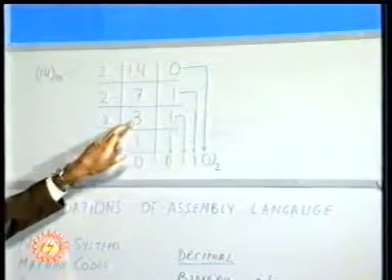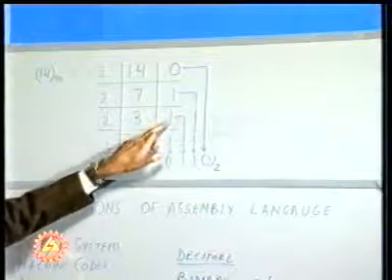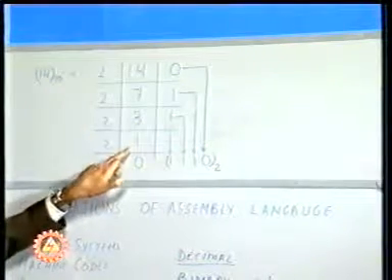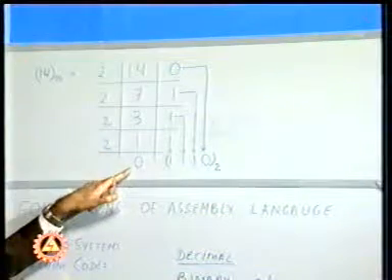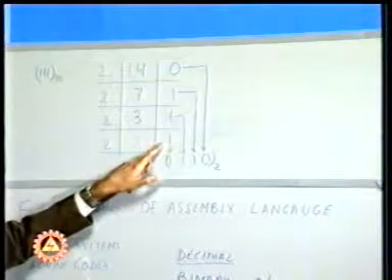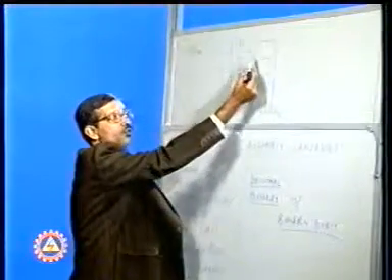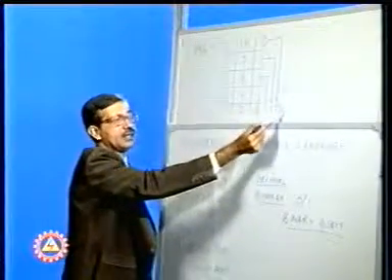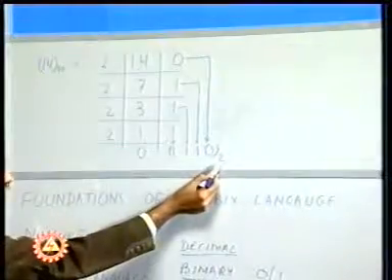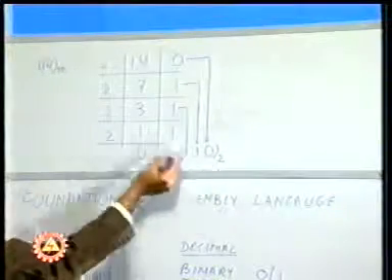Then this 3 is to be divided by 2. The result is 1 as the whole number and the remainder is 1. Then the remaining 1 which we had got here has to be once again divided by 2. The whole number we get is 0 and once again the remainder is 1. Once we have got these remainders, that is 0, 1, 1 and 1, we bring them down here and put them into a bracket and show it with subscript 2, which indicates that 1110 is the binary equivalent of the decimal number 14.